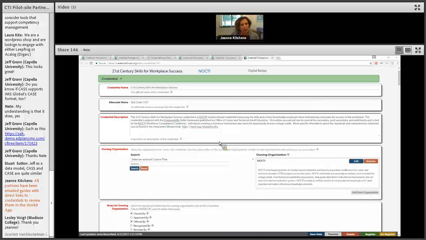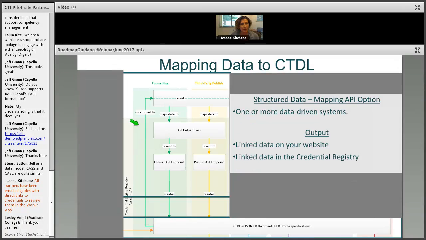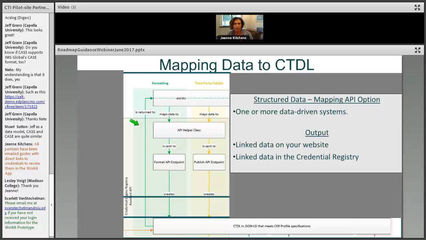Okay, do you want to go ahead and move that off the screen there, and let's talk about structured data and mapping data to the CTDL. All right, so what we're developing right now is a way to make it easier for your system to publish to the registry. CTDL itself has a whole lot of classes and properties, and it's very particular in how they're put together. So to simplify that process, what we're developing we call the Registry Assistant. It consists of